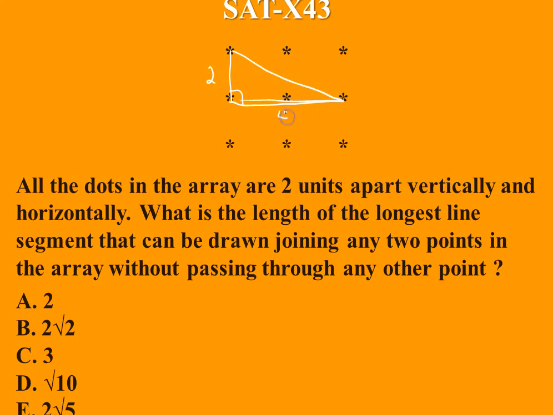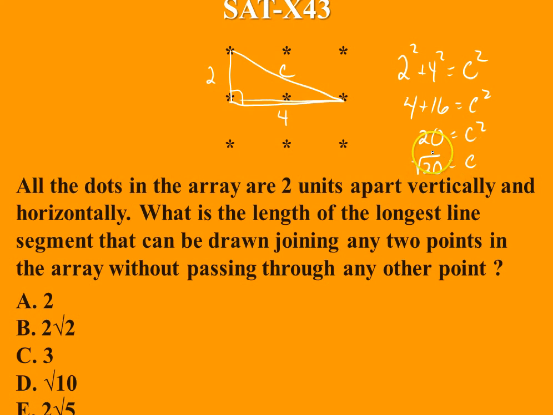that would be 4. And then just use the Pythagorean theorem, 2 squared plus 4 squared equals c squared, where c represents the length that we're after. So we have 4 plus 16 equals c squared equals 20. Take the square root of both sides of that equation, you get the square root of 20 for c, and